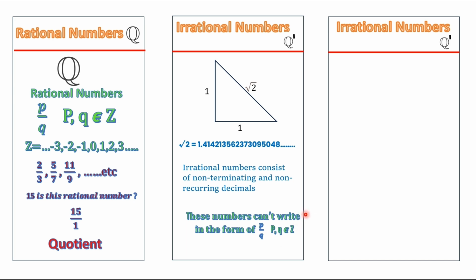So here P and Q are integers, right? That format we cannot write here, okay? So I'll give you an example now. Let's check whether this is a rational number or an irrational number. If you clearly observe this,